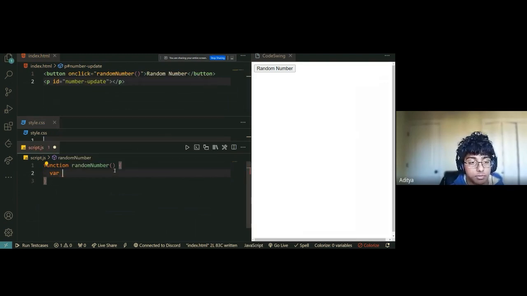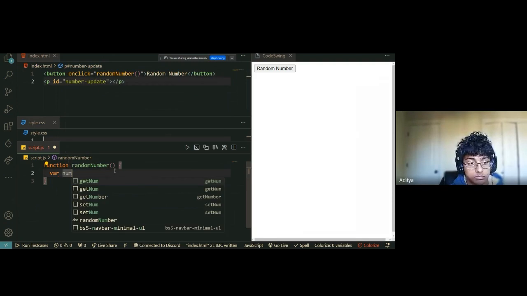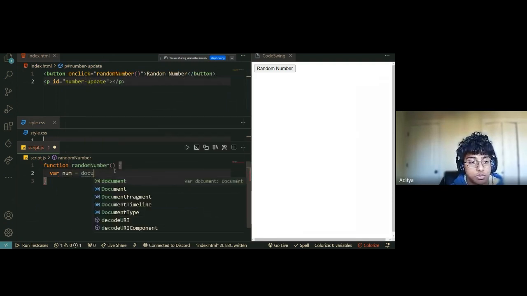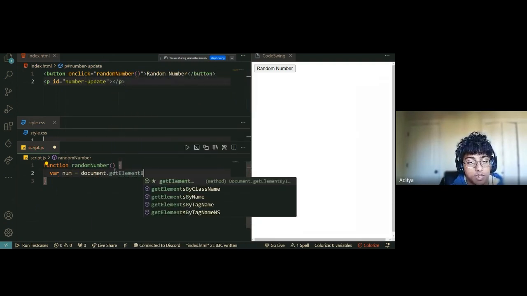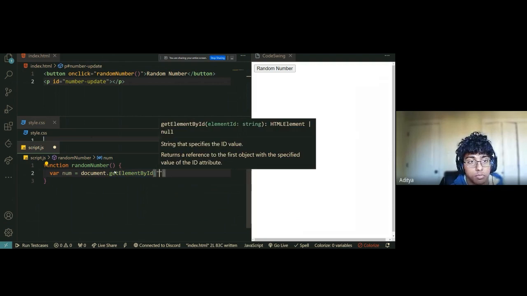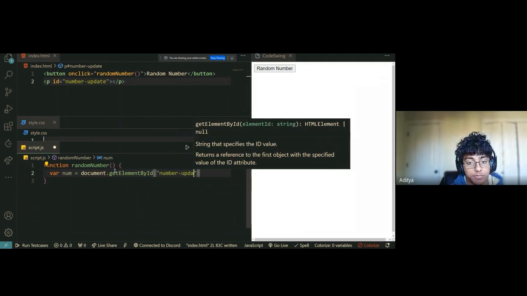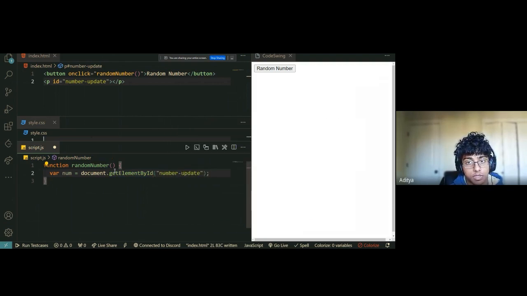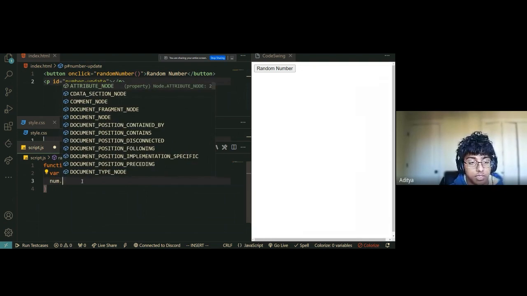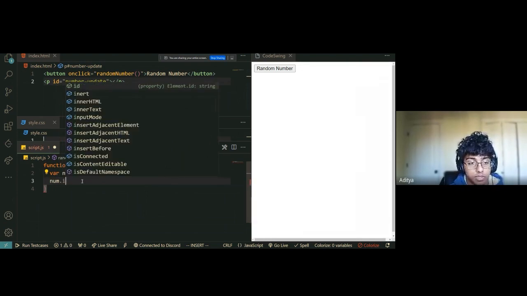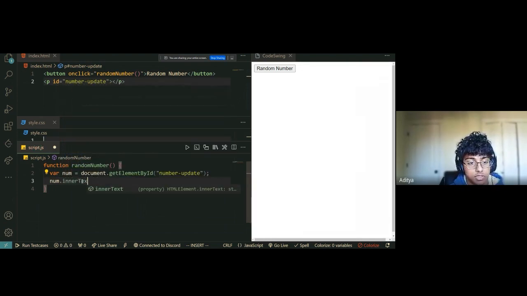It's going to create a variable inside of the JavaScript file called randomNumber, or num. Sure. It is equal to document.getElementById, and you want to get the ID of numberUpdate. Okay. So now that we have the HTML tag itself, we can update the inner text of it: num.innerText is equal to